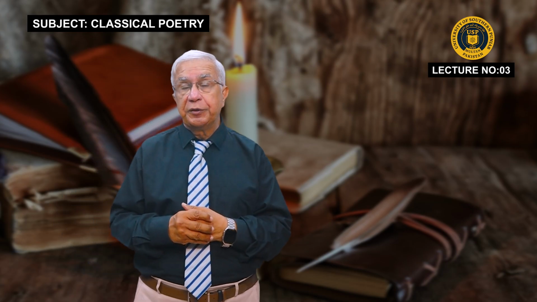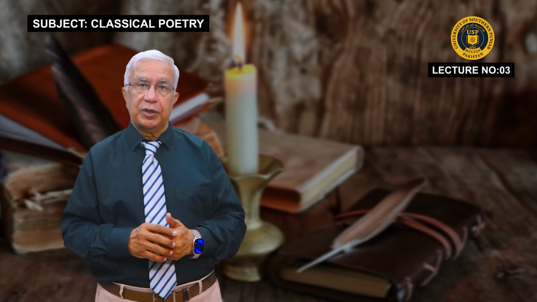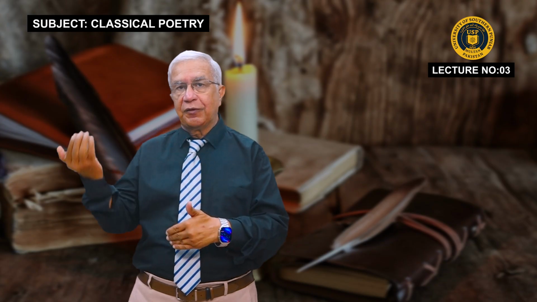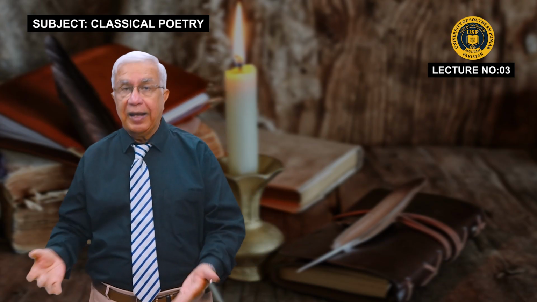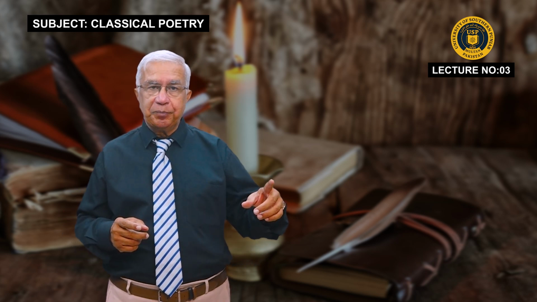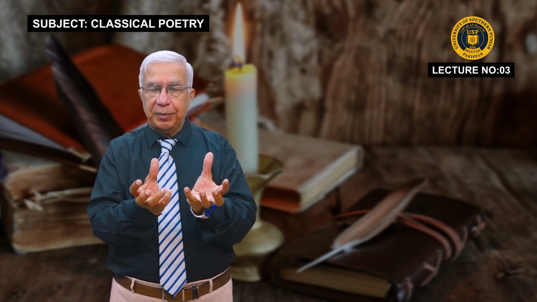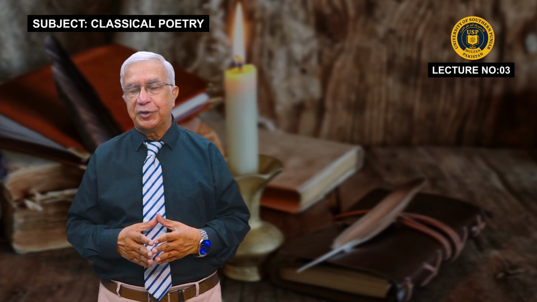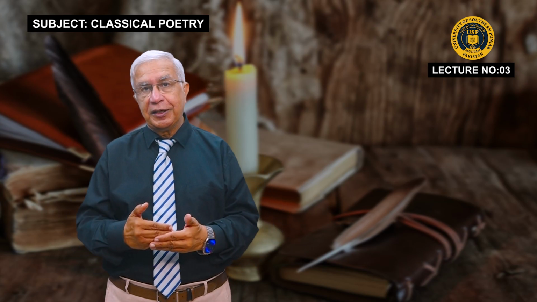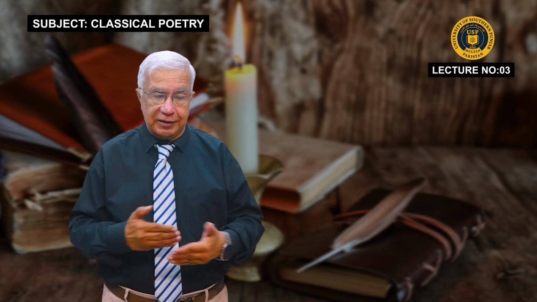For example, if you read Milton's Paradise Lost, in one of the passages, I'm trying to tell it in the easiest possible words, as it is a very difficult one, Milton suggests the appearance of the faces of angels who have fallen from heaven into hell. Their faces were burnt. Now, instead of saying that their faces were burnt, he said, as when thunder and lightning shines on the tops of the trees, they are burnt up, though the trees keep standing. That was the same situation of the faces of the angels which were burnt. So how beautifully he explains the situation of the faces of the angels. Such type of imagery was introduced by the classical poets.